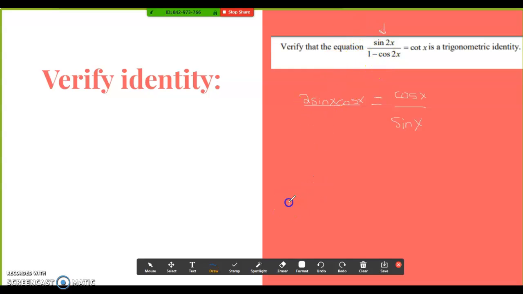Now let's go back. Remember, one of the ways we could expand cosine using sine only was by inputting 1 minus 2 sine squared x. Remember, that was another way to write the double angle formula for cosine. So I'm going to use that. I'm going to substitute that in and see if that can simplify the denominator where I'll just have a sine only. So if I did that, I would end up with 1